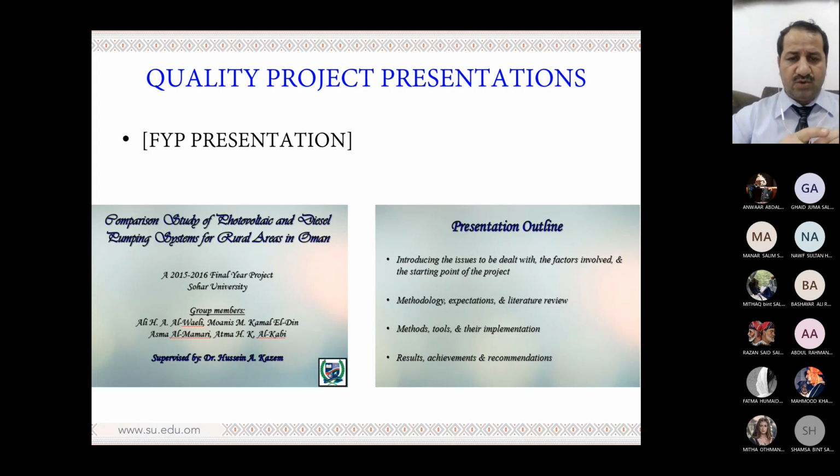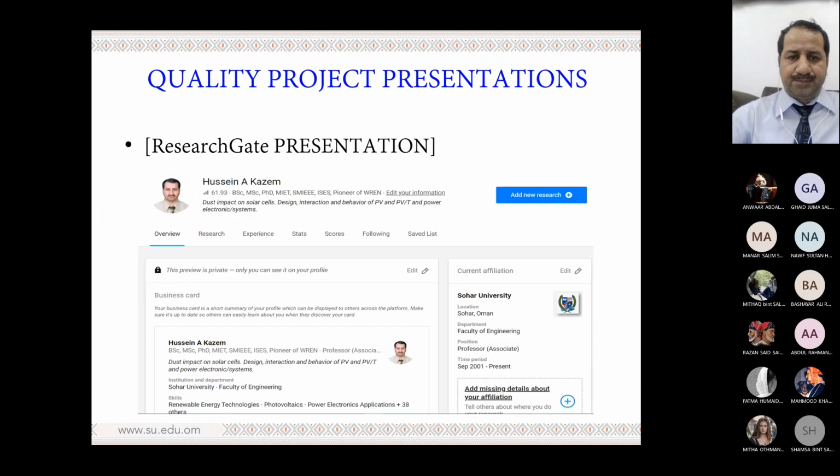They finished their PhDs and are working in universities. See the font they chose here. It's difficult to read, and they made it italic. The same thing for the outline. This is the first slide they presented, and later on when I discussed it with them, they changed the slide shape and the font type.